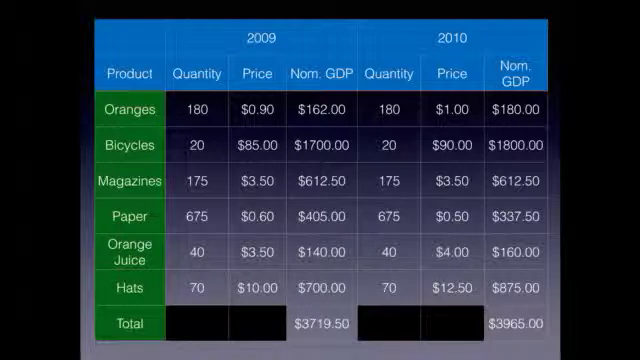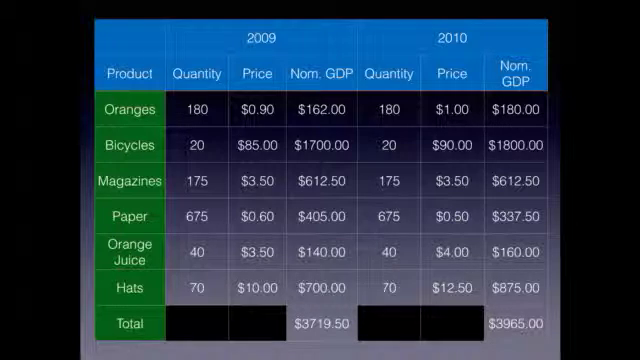And calculate nominal GDP here, and you can see that nominal GDP still increased. Even though the level of output has remained constant, nominal GDP increased from $3,719.50 to $3,965. So now if you can imagine, if you were an economic policymaker, if you were using nominal GDP to